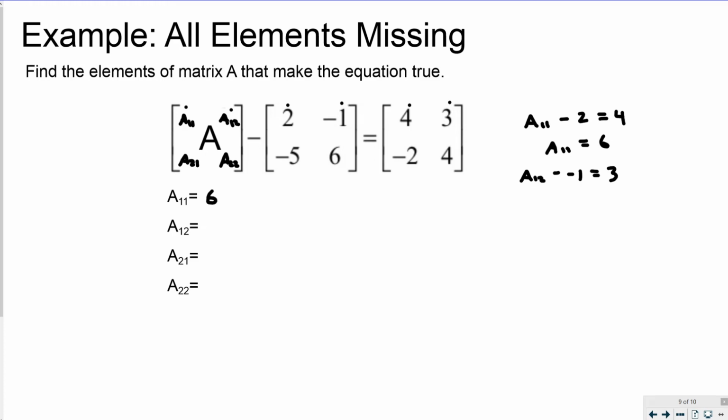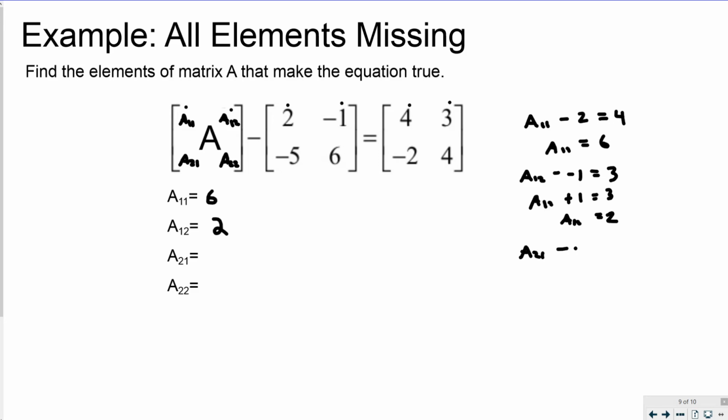So remember that's A12 plus 1 equals 3. So A12 equals 2. So that's A12 done. And then moving on, A21